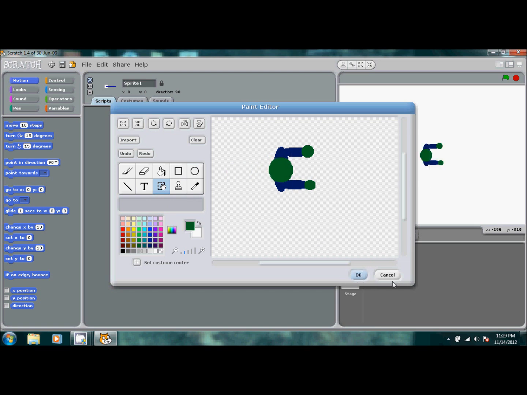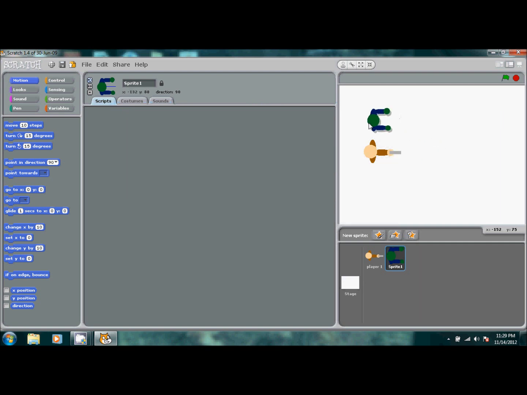That's about good. You can take as much time as you want on these. I'm just trying to rush through it real quick because I'm not sure how much time I'll actually have. Okay, and then just label this as zombie 1.